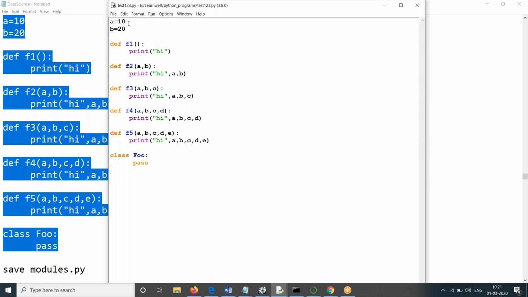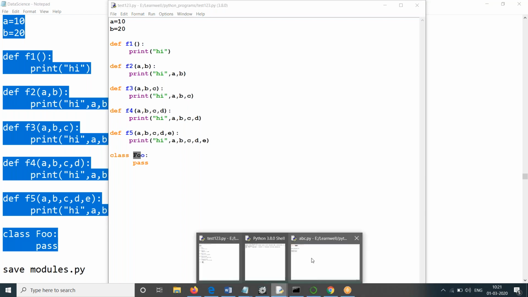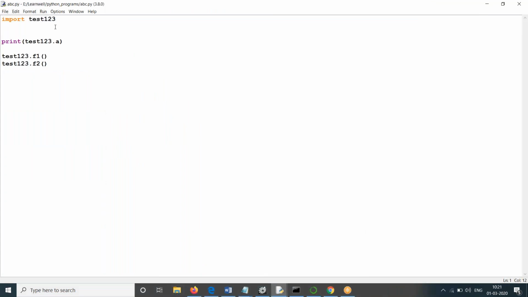Now I want to import the class as well. There is nothing inside the class. It is just a quick idea for you of how to declare a class in a module, or a Python file. So what do you do right now? I need to import it. So you say test 1, 2, 3 and test F1, F2. Then you can also test it like this: test. You can have access to this test 1, 2, 3